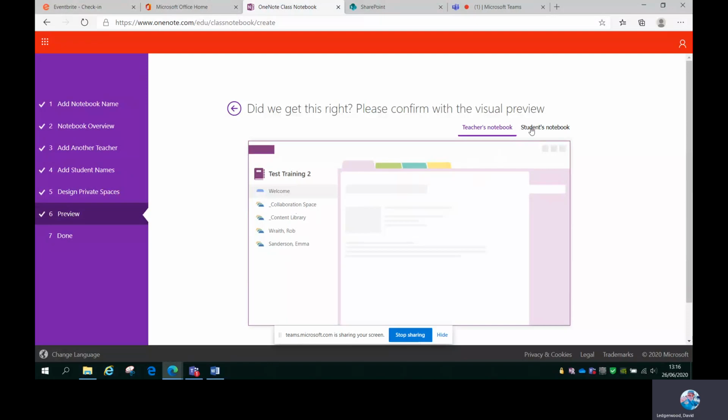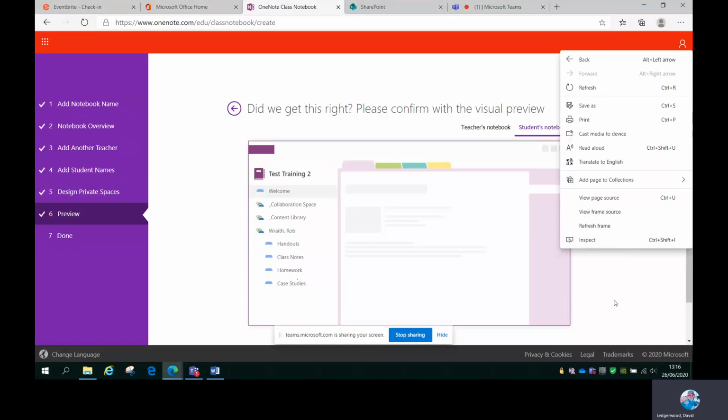As the student, they will also see a welcome area, collaboration space, and content library, but in this case, only one of the students will see their own sections, the handouts, the class notes, the homeworks, the case studies. As I mentioned, students will not see the areas of other students within the class. So if I was happy with that,